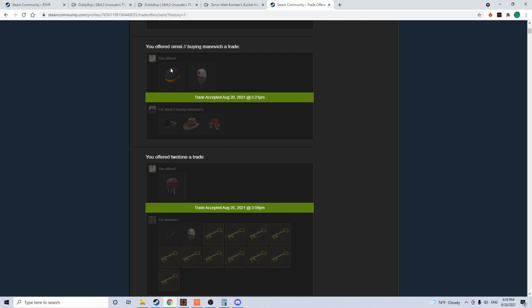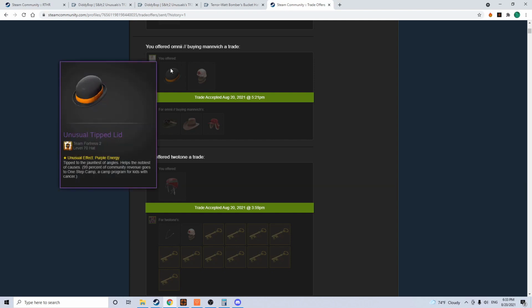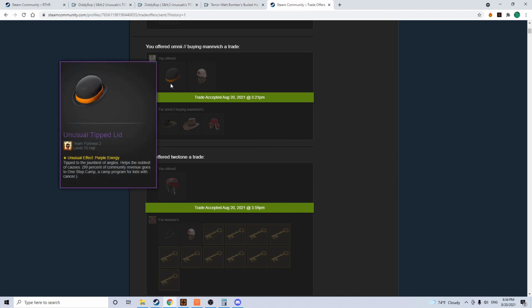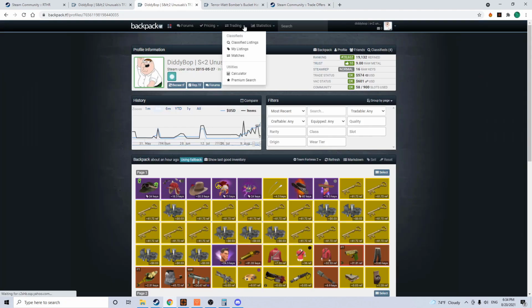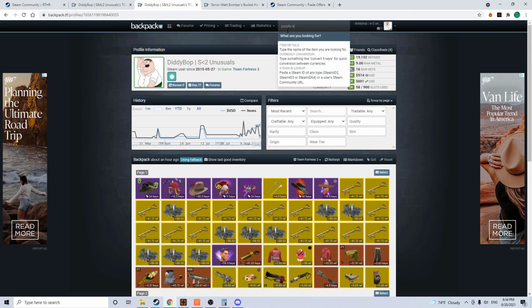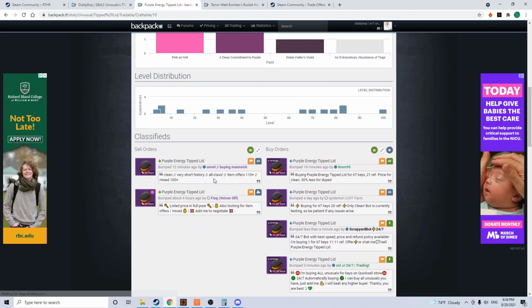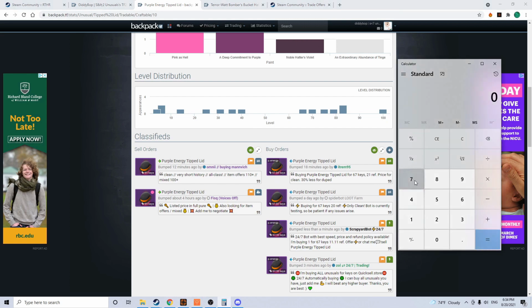Hey guys, so I just sold my purple energy tipped lid about an hour ago. We got this for around 62 keys in what we paid for in items. I can show you guys the purple energy tipped lid. So I sold it to this guy. Buy orders are at 67.32, right? And I sold it for